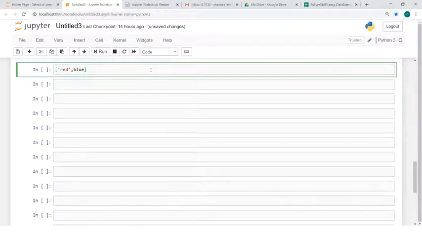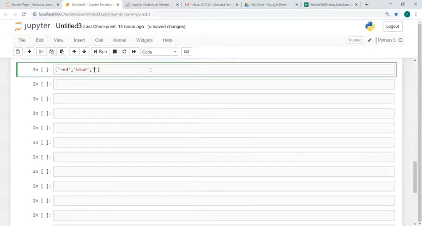Blue, we have to use this inverted comma so that it is a string.